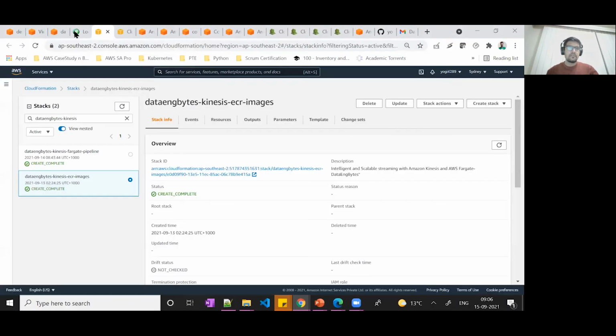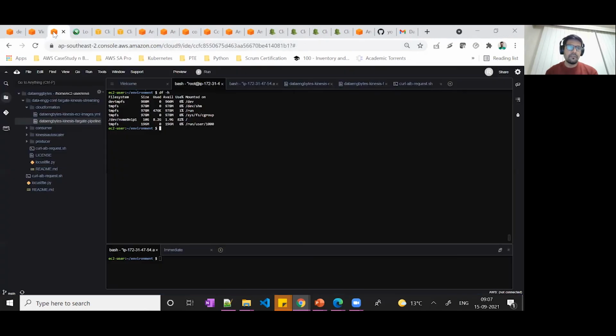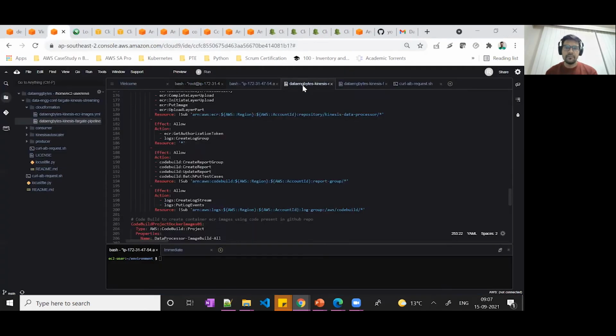Okay, so to keep the session timeline in check, I have already launched two CloudFormation stacks. One is going to create the Kinesis and ECR images, and the second one is going to create the ECS Fargate pipeline, basically the ECS consumer producer task and related CloudWatch components. So if we quickly look at the CloudFormation construct,